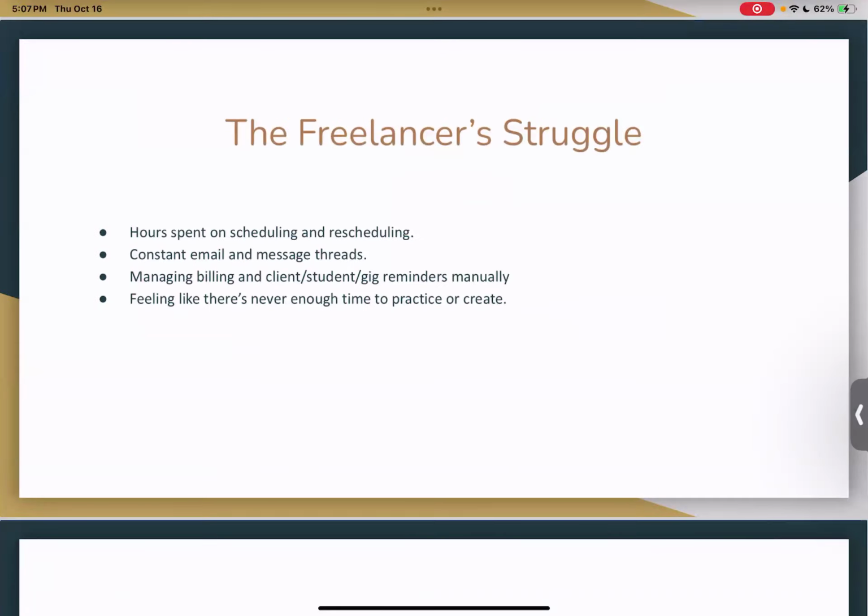So I'm sure that you can relate to this. This is generally the freelance struggle. So this is where you're going to find that there are many hours spent on scheduling and rescheduling. There's constant emailing back and forth, as well as message threads that you probably build over time.